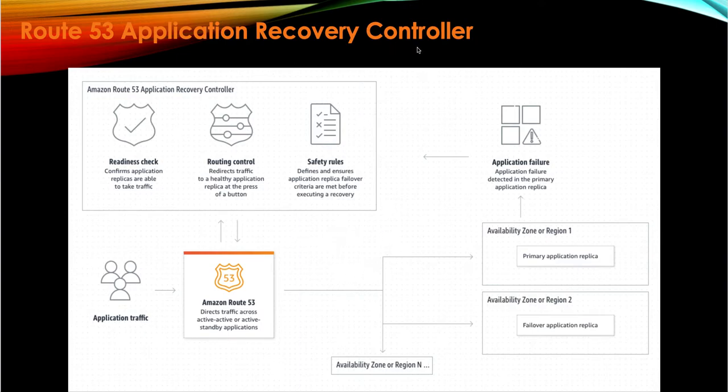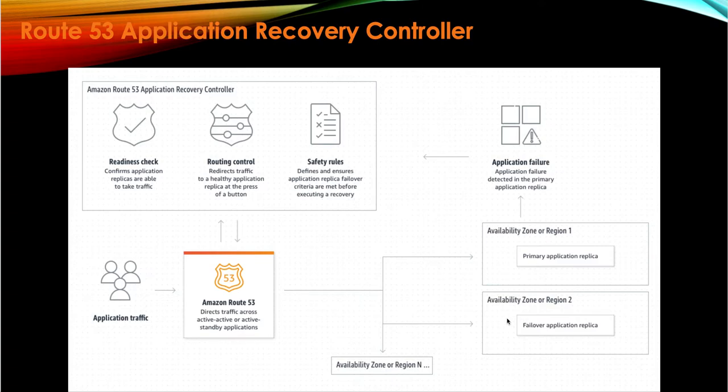Controller will solve. The way it works is that it has three different capabilities or components, you can say: readiness check, routing control, and safety rules. What the readiness check does is that it monitors all your resources in these regions and makes sure that there is no issue with those resources. You can use it to make sure that whenever you're failing over, if there's an issue with any of the resources in region 2, then you don't want to fail over, because